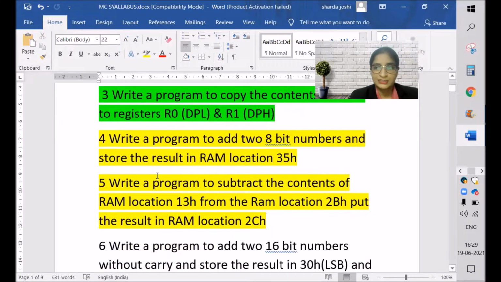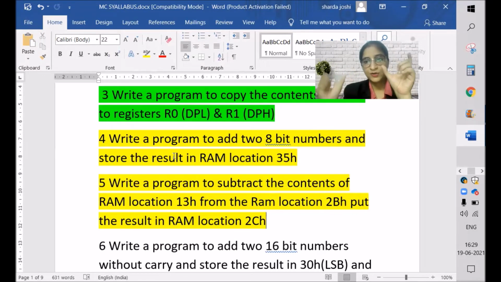So we'll have one brief introduction about 4 and 5 so that when we do the programming, it will be crystal clear for you all. Number 4 is: write a program to add two 8-bit numbers and store the result in RAM location 35. So we need to take two different 8-bit data. One we will take in one register, or any memory location also we can take.